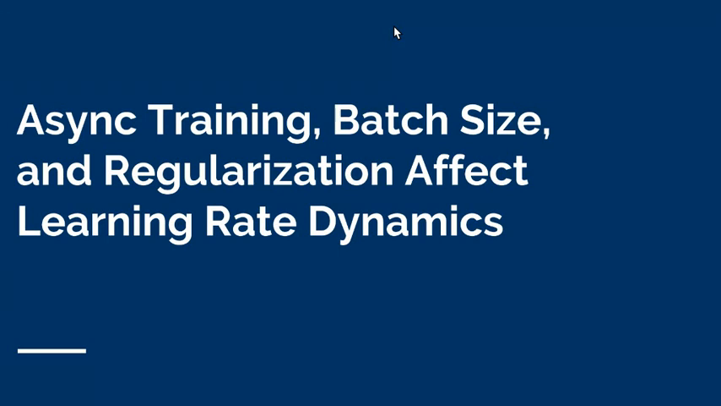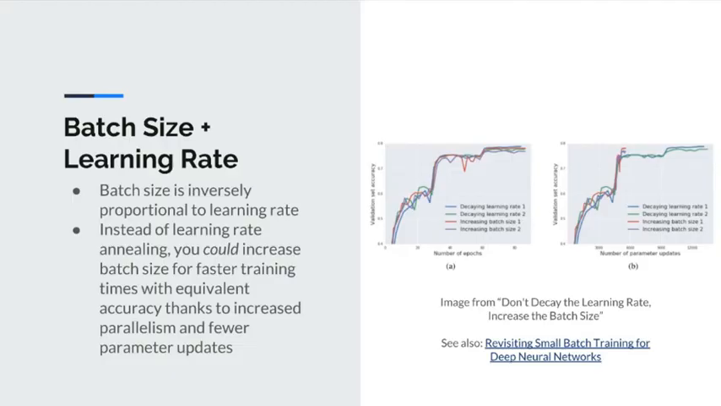Next, let's dig into learning rate dynamics in a bit more detail and investigate how some things that you might typically think of as engineering concerns, like asynchronous training or the batch size used, can actually affect how the model learns. First, let's take a look at how batch size and learning rate relate to each other. In the paper, Don't Decay the Learning Rate, Increase the Batch Size, researchers found that batch size was roughly inversely proportional to learning rate in terms of how it affected model learning dynamics. So instead of using learning rate annealing, those researchers increased batch sizes for faster training times with roughly equivalent accuracies,